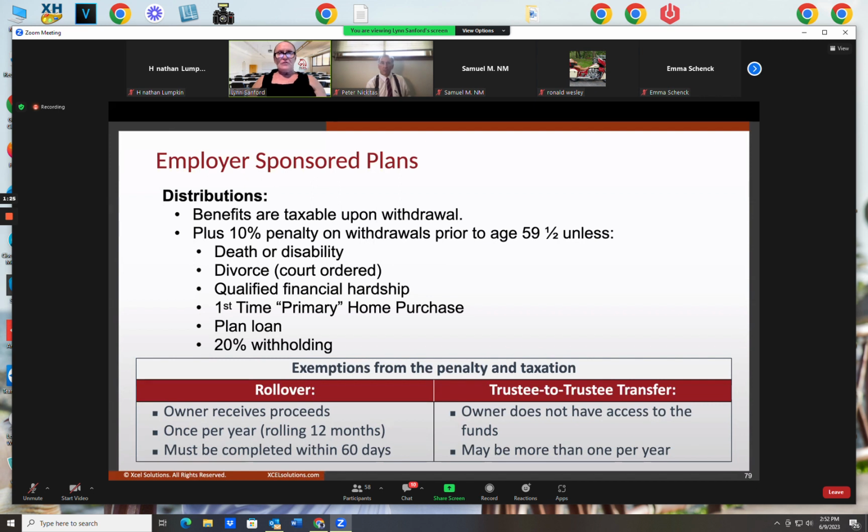So if you don't get that rolled over into a traditional IRA account, not a Roth, because a Roth only accepts after-tax dollars, and this is all pre-tax money. You've got 60 days to get that check deposited in a traditional IRA account, and you're going to pay tax on that whole amount of that check in that given year. And if you're still working, you've got sizable income you're already paying tax on, so that just throws you into an unbelievable tax bracket. Never want that to happen to anybody. So rollover means the owner sends for the money and receives the check.